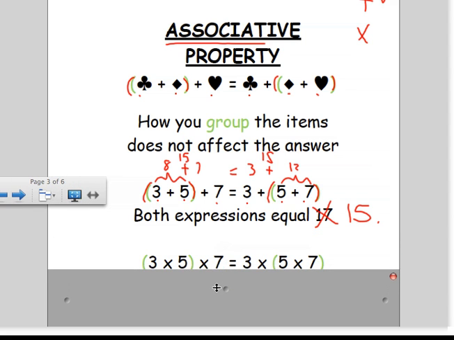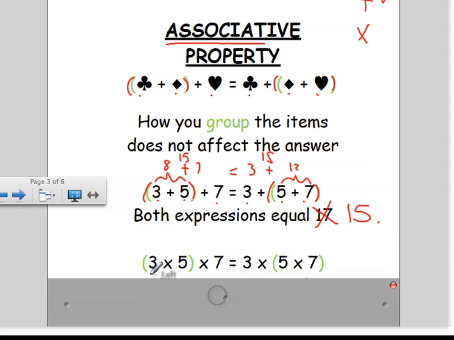So I'll show you an example of that. If I have, again, 3 times 5 times 7 equals 3 times 5 times 7, the only thing that changes is how I group them. The answer should be the same. If I do 3 times 5, that's 15, then times 7. 15 times 7 equals